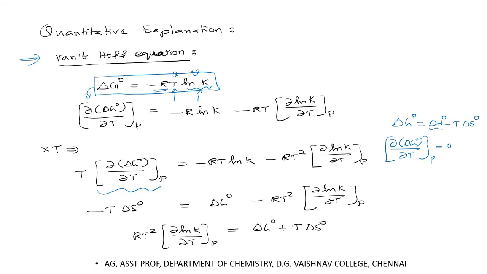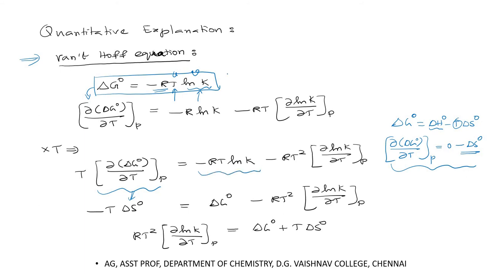If you differentiate with respect to temperature, you will get 1, so you will get ΔS° minus ΔS° here. So this quantity is equal to minus ΔS°, substitute that value here, so we will get minus T into ΔS° equal to